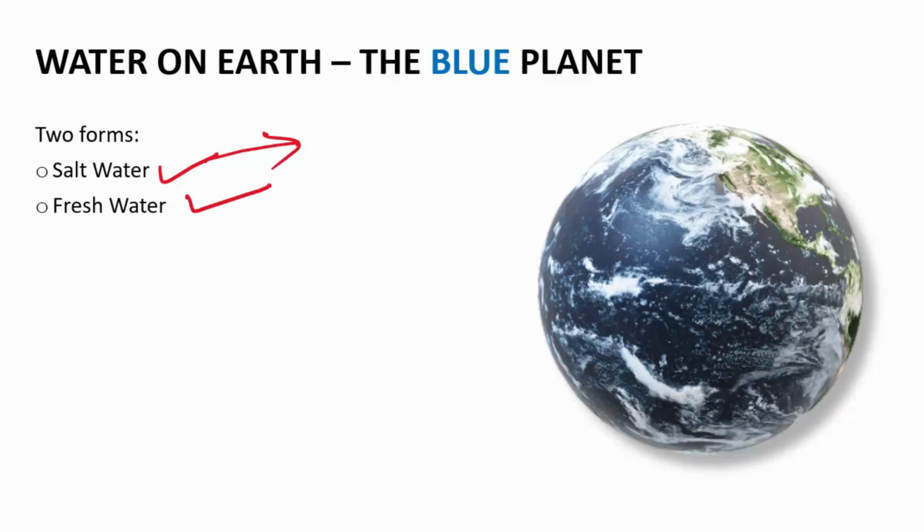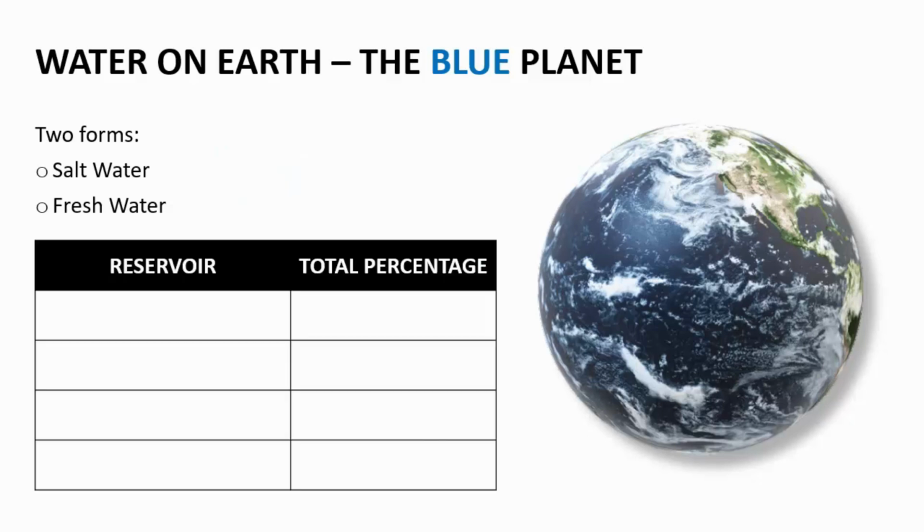Now let me also tell you about the natural reservoirs on our planet which hold this water, with the help of a table. The biggest natural reservoir that we have on our planet is the oceans, which hold a total of 97.25% of the entire water which is present on Earth. And of course, it is in the form of salt water because it is full of minerals. These minerals are of course derived from depositions over millions of years. The reason behind those depositions is of course erosion.